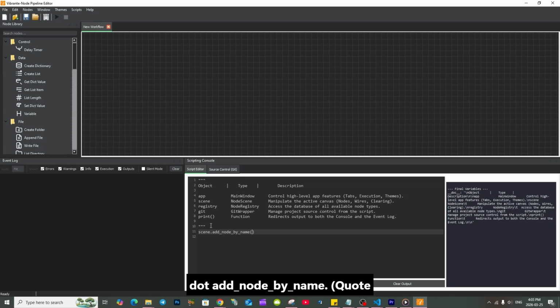scene.add_node_by_name("math_add", (100, 100))